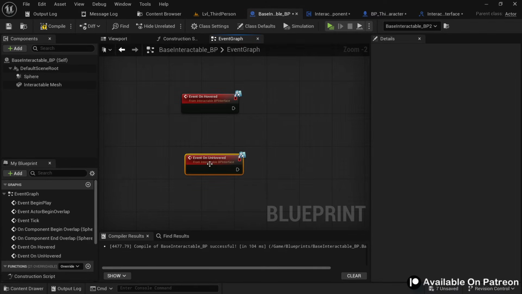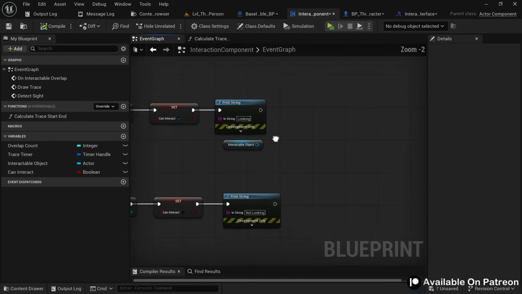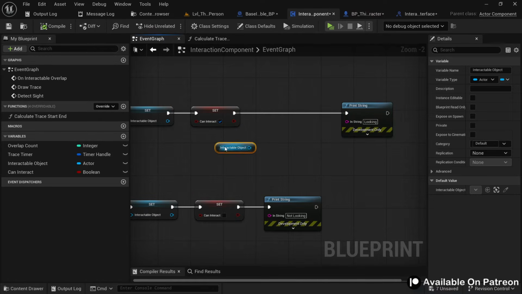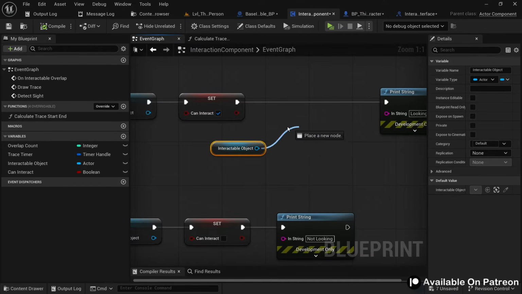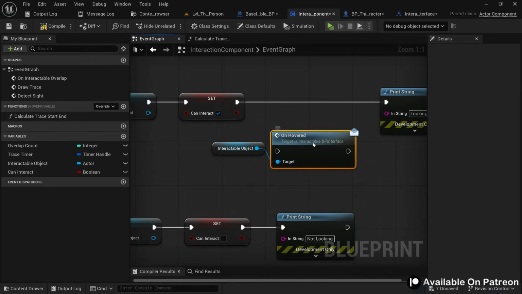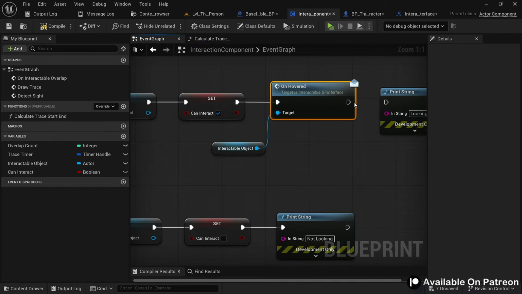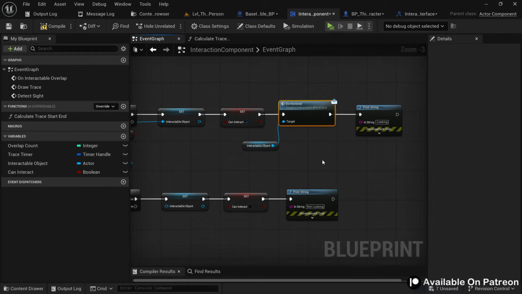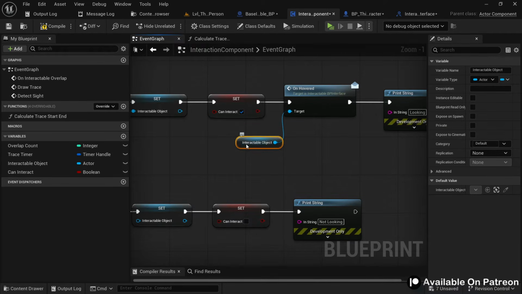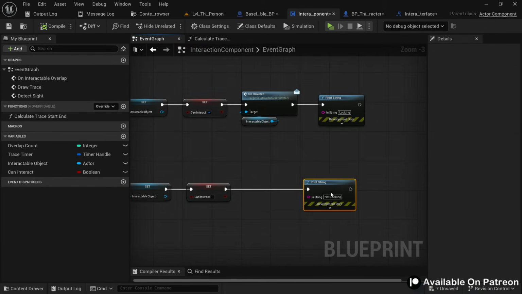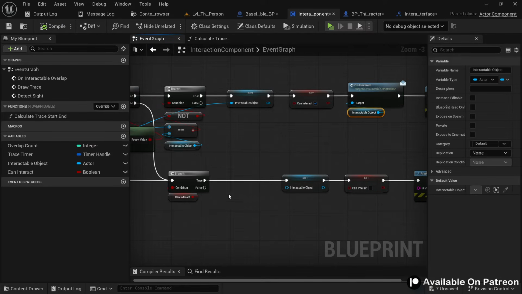And they are just like any other custom event we use in a blueprint. And the best thing about using blueprint interface is that we can call these events so easily in other blueprints. Like we don't need any hard reference of any class to access those events. And as you can see here, we have this generic actor reference of the interactable object, and we can still call that onHovered event. So just like that, we can call every event related to when you hover at the interactable object, and in a similar way we need to call the unhovered event,